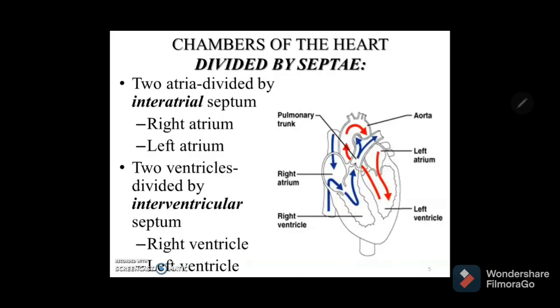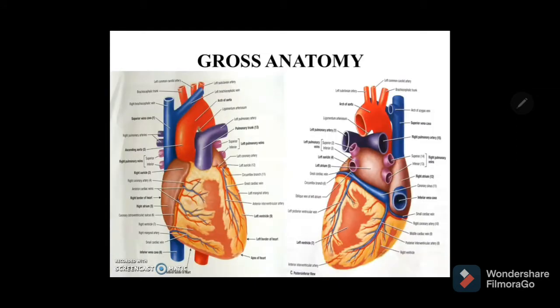Next, you have 4 chambers. This is the oblique section. The 2 atria are separated by the interatrial septum. The 2 ventricles are separated by the interventricular septum. This is the oblique cross-sectional view of the entire heart. When you notice here, the right atrium is here, roughly quadrilateral, above and to the right of the right ventricle.